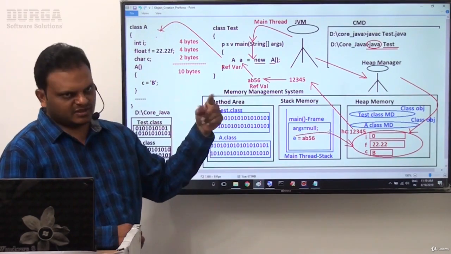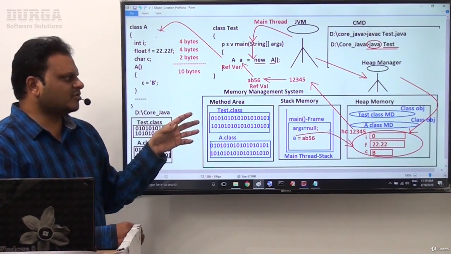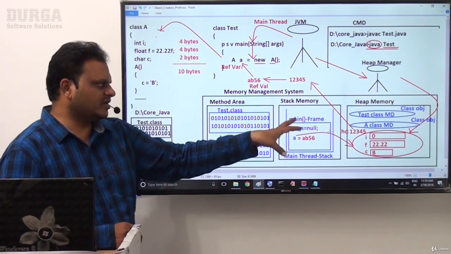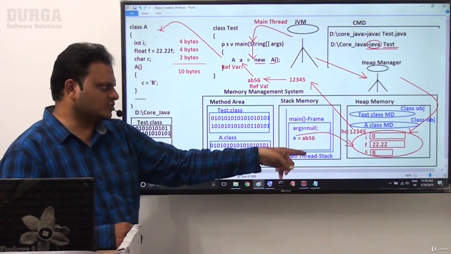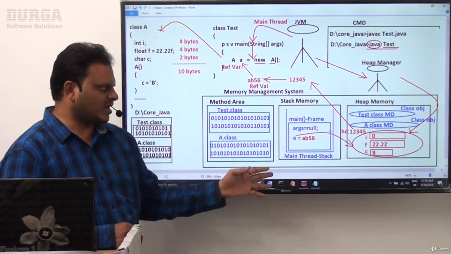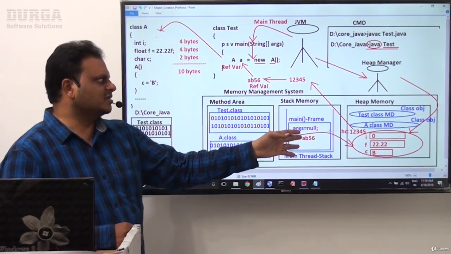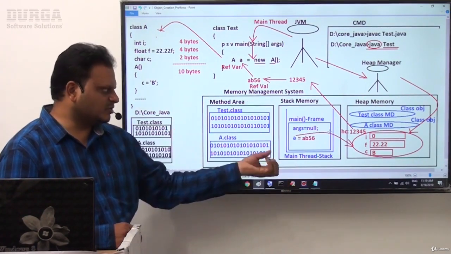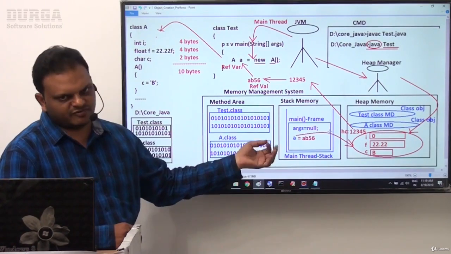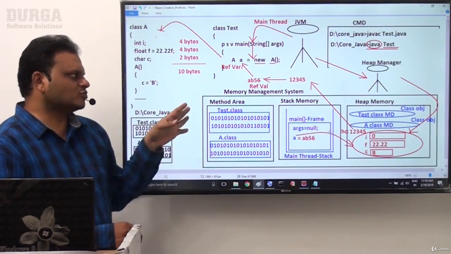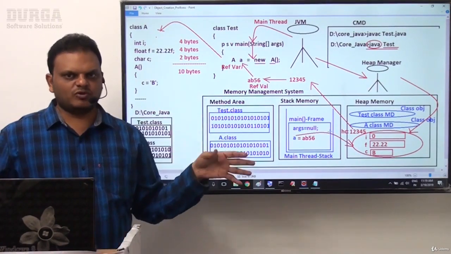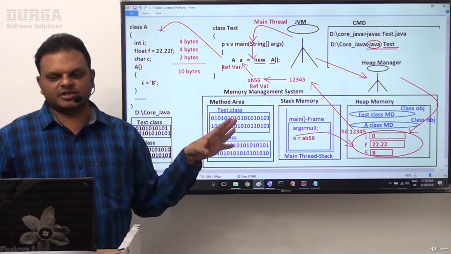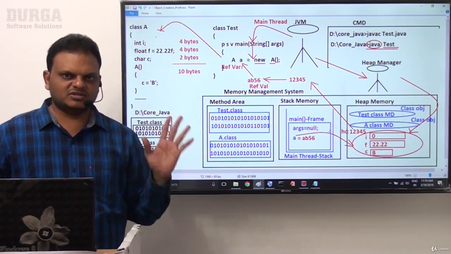Whenever that thread accesses any other method, some details are generated with respect to the method. Those details are stored inside a frame, by creating a frame and pushing it into the main thread stack, so that method details are managed. Whenever that method execution is completed totally, this frame will be retrieved, that means popped out. Then whenever the main method related frame is popped out, the flow of execution will be completed and the JVM will come to shutdown mode. By that, the total program is terminated. So this is the overall object creation for our respective class in our Java application.